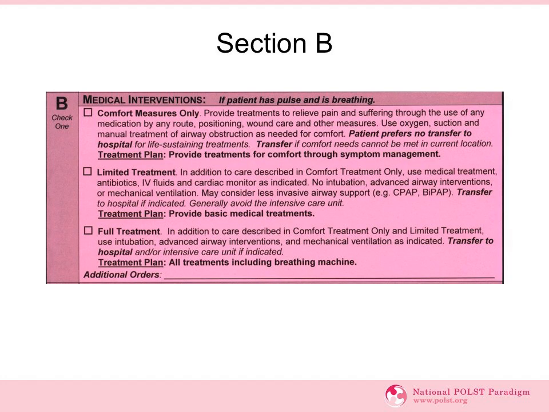So when a patient is still in medical crisis but does not need resuscitation, the real value of POLST comes into play. And the heart of a POLST form is in its Section B, which offers 3 levels of treatments. The first is full treatment. The patient wants our standard of care, which is everything possible, including being in the intensive care unit, or ICU, and on a breathing machine. Limited or selective treatment is when the patient wants to go to the hospital if necessary, but prefers to avoid the ICU and does not want to be on a breathing machine. And then the third option is comfort measures only. The patient wants to stay where they are and have their symptoms treated.